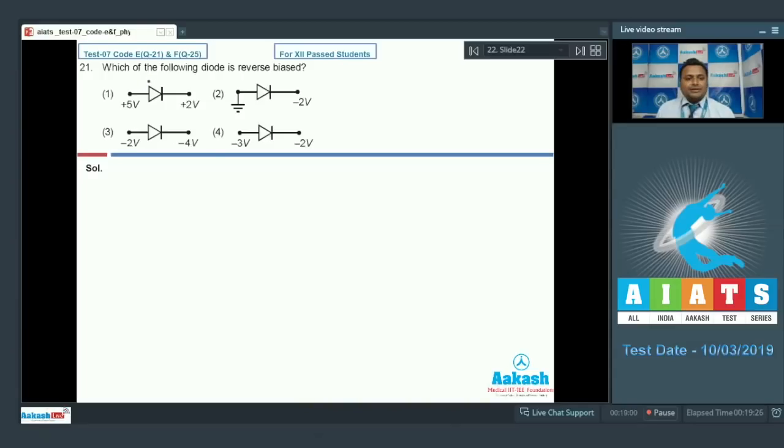So here we are having the next question, question number 21. Which of the following diode is reverse bias? We know that if the potential of P is at lower potential as compared to the potential of N side, then only the diode will be reverse bias. So for reverse bias condition,